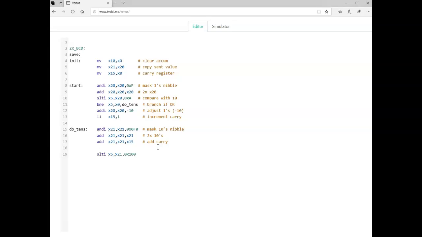Okay, so what am I going to do here? This is going to be a check. I'm going to set if it's less than 100. We'll make it hex, even though they're almost the same in this case. And this is going to be set. It's set if it's less than 100, so that branch